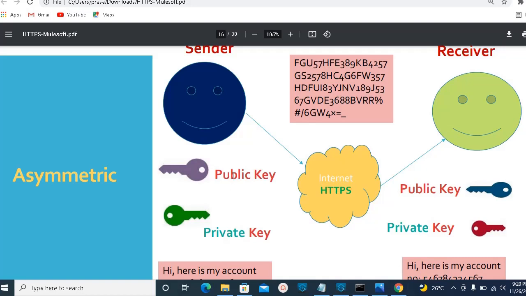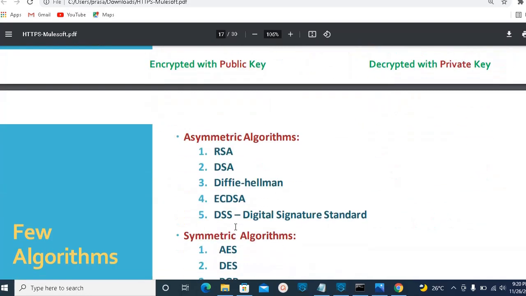Vice versa also, you can encrypt any message by using this private key and send it to the receiver. And as the sender's public key is available to the receiver, he can decrypt the message by using this public key. So you can encrypt or decrypt any message by using public key, you can encrypt or decrypt any message by using private key, but these two keys should be paired. That is called asymmetric encryption.